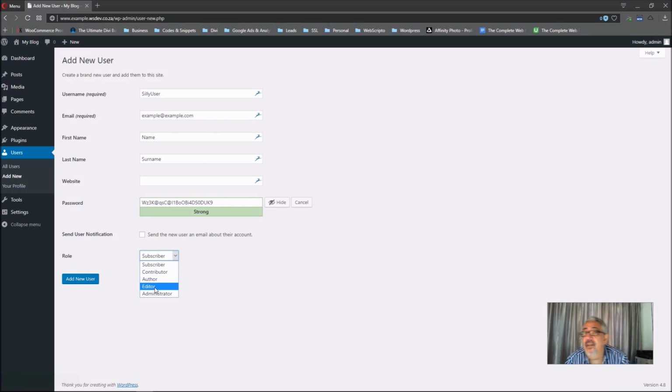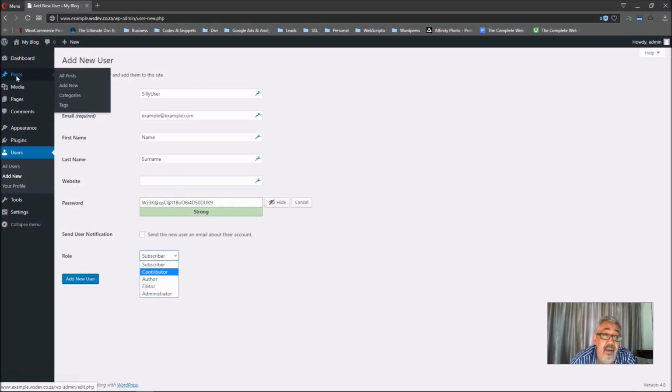Now if you have a colleague that you would like to authorize to edit posts which were created by authors, you can give an editor function to that individual, and that editor will have access to all those draft posts that will be kept in your post area, and he or she will then have the authority to approve that article, and once approved it will show on the front